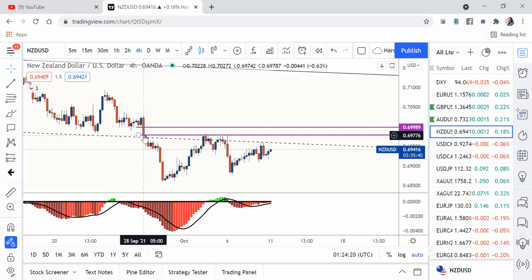For your horizontal length. So in between those two wicks,